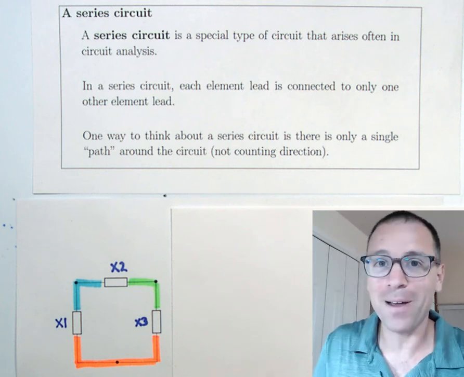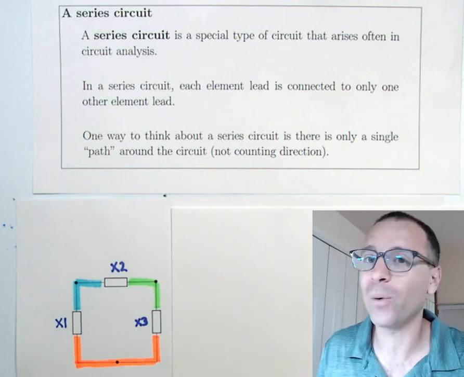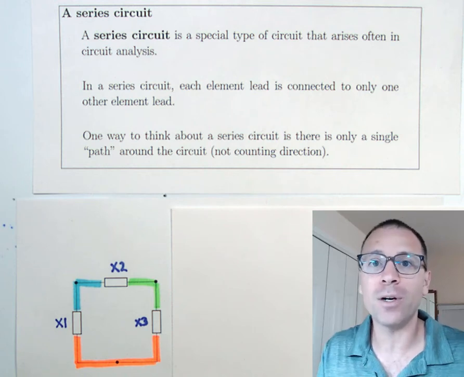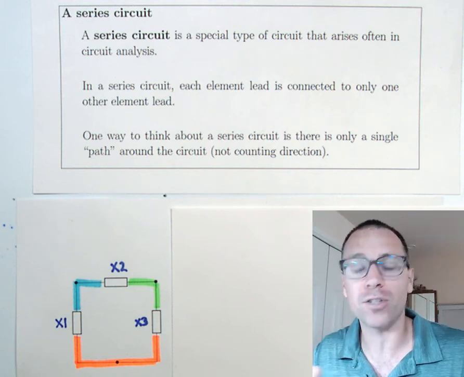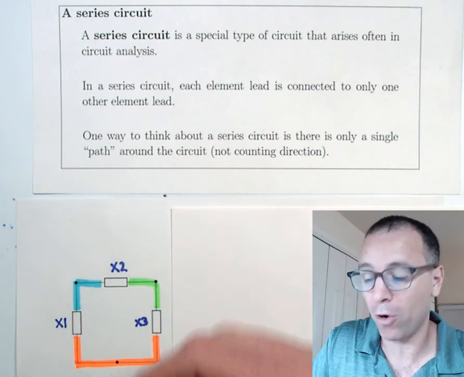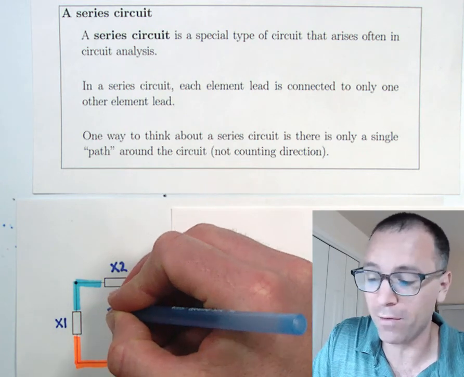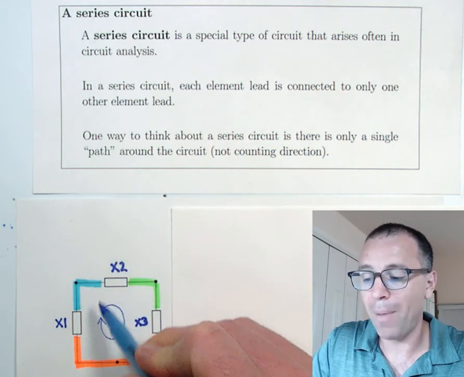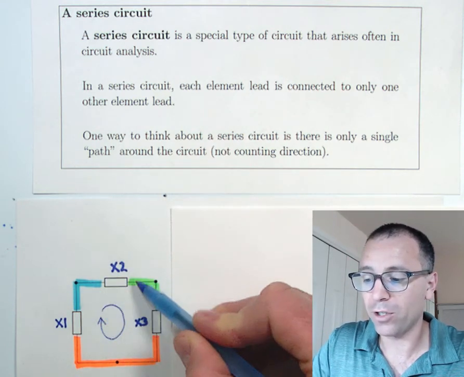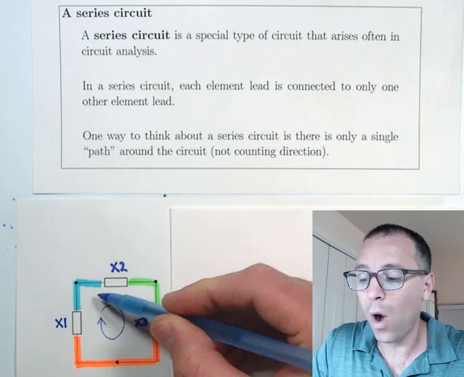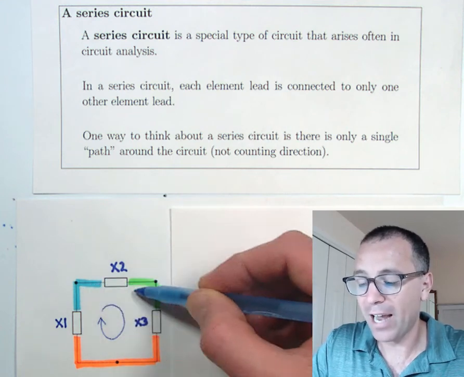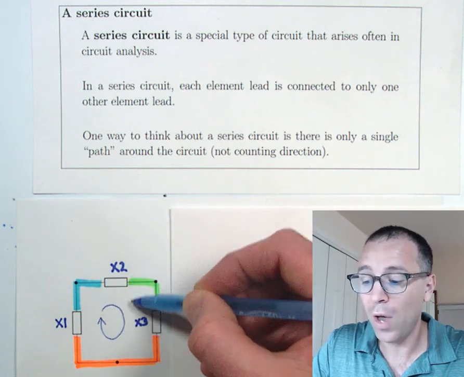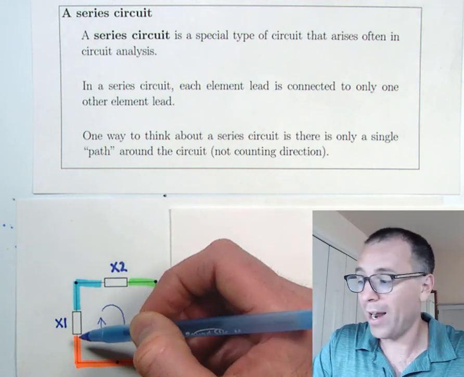Now, another way to think about this that is going to get into graph theory, we're going to develop this really strong connection between graph theory and linear algebra, and then the topology, the connectivity of our circuits. It's kind of unique to my approach to this. I've not seen this done very well in any of the engineering literature. When we go ahead and draw a path around this circuit, so imagine traveling around this particular circuit, we say that there's only one path. So there's no other way that I can move around these elements except for going through X2, X3, X1. I can't get around it.